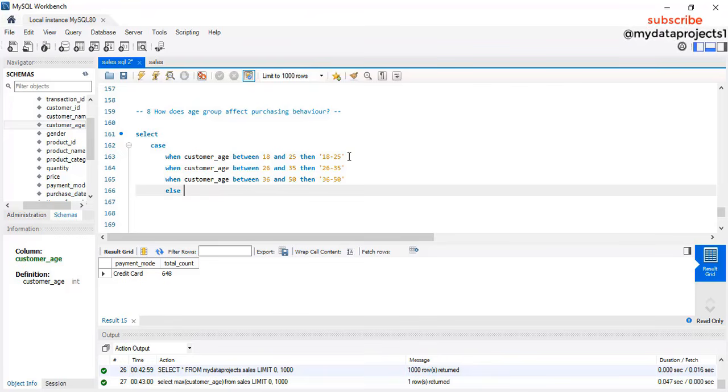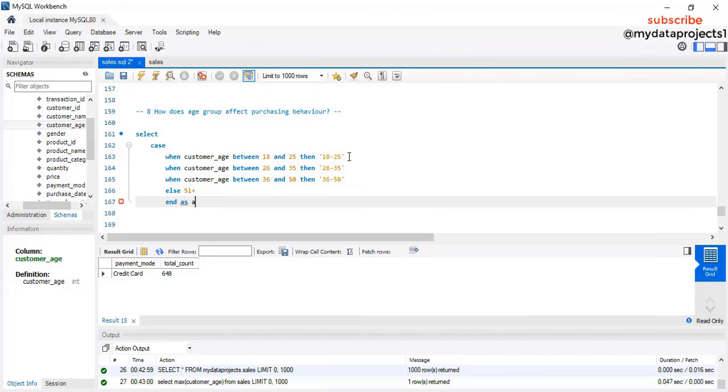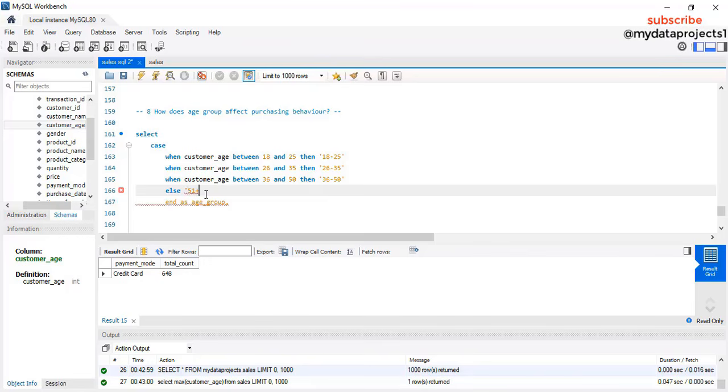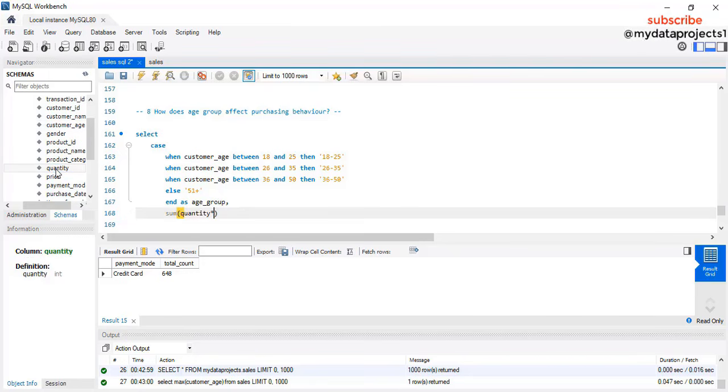else 51 plus, and as age group. Okay, comma, okay, then sum of quantity by product, quantity by price, I mean, as total purchase,